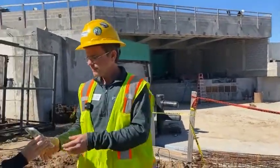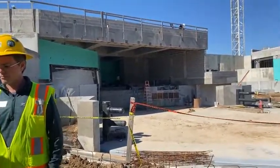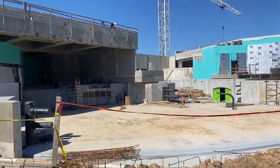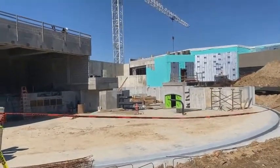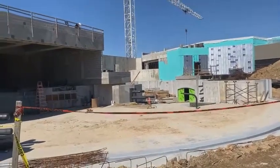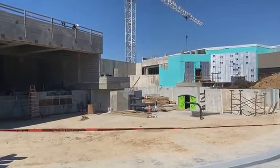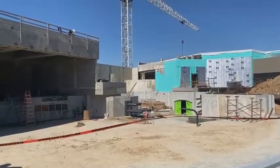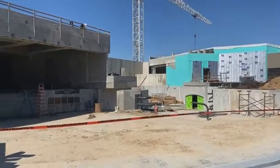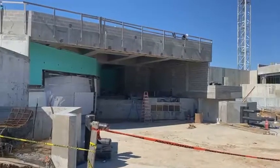What's also very unique about this exhibit is not only are we building an exhibit space for the public to enjoy, we're also building ecosystems for these animals to live in. We're talking about 400 fish, we're talking about sea lion habitats. So you can see lots of this black piping protruding out of the pools. That represents a life support system. And to give you an idea, while we're talking about numbers, there's roughly 2.9 miles of this pipe snaked throughout the exhibit that goes back to the filtration yard